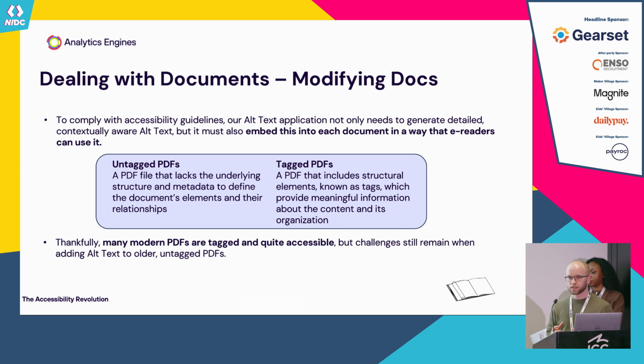Thankfully, accessibility awareness is growing a lot. It has grown a lot in the last decade, so there are a lot more tagged PDFs out there. Tagged PDFs are basically PDFs that have an underlying structure and metadata that makes it really easy to connect up different elements of the PDF and how they relate to each other. Whenever we come across a PDF like this, it's great because you can identify where that image is, and you can put the alt text that we've generated correctly into that,